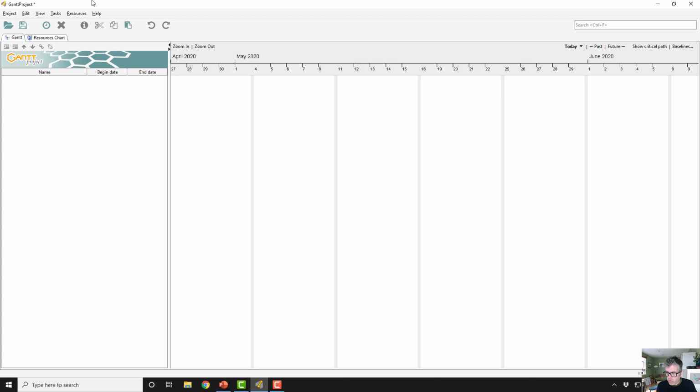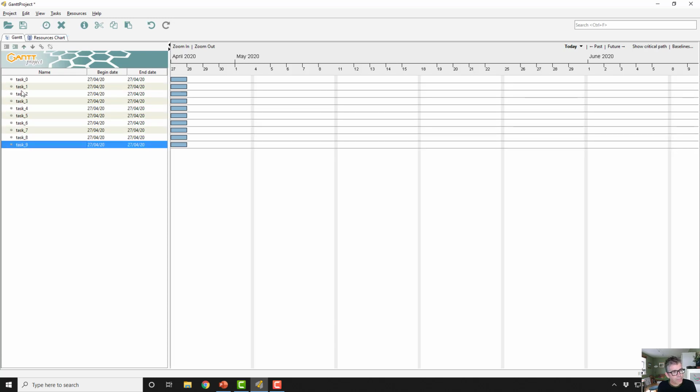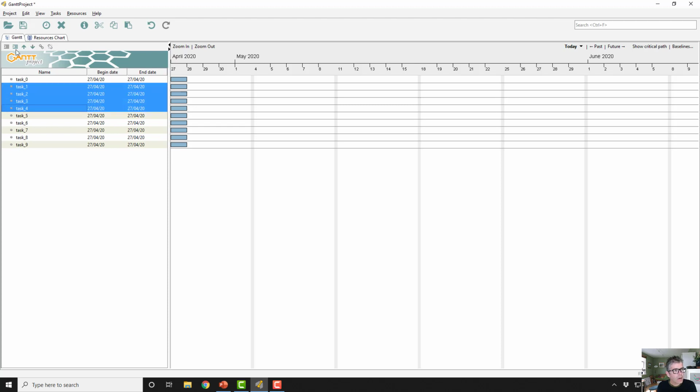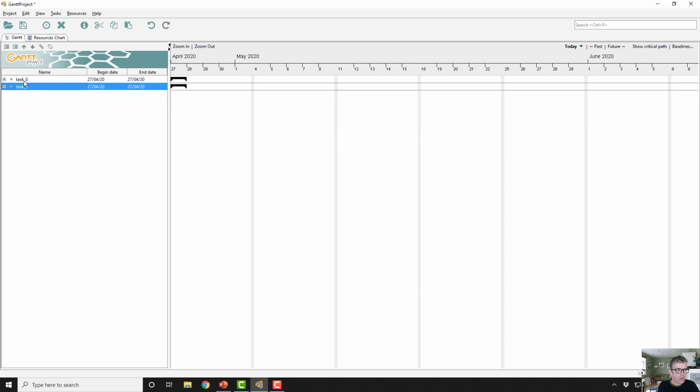In terms of just quickly demonstrating what the software can do for you, I'm not going to go into detail, but we'll just do a very brief demonstration. The first thing we can do within the software is build a work breakdown structure. The way we'd build a work breakdown structure is we'd put our tasks into the software, and then we create the breakdown structure by indenting tasks. So if we just do a few of those, if we indent some tasks there, we end up with effectively a high-level work breakdown structure